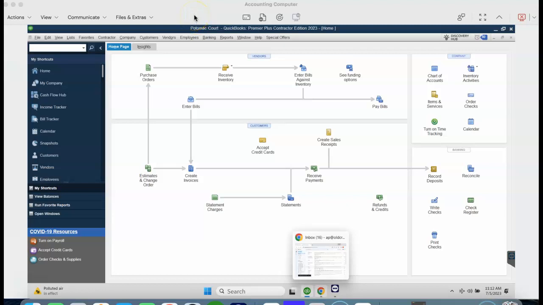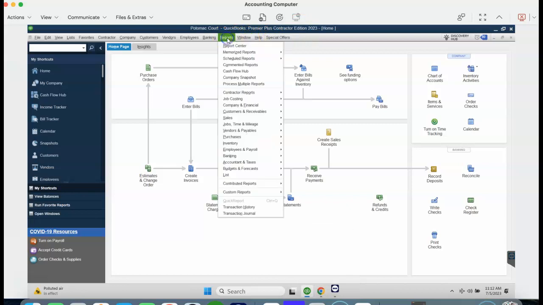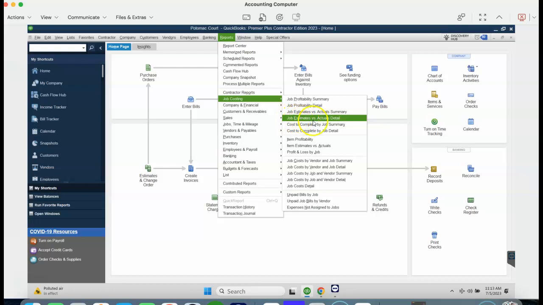All right, today we're going to go over how to input a budget into QuickBooks so that you can create job costing. I actually deleted this one because there was a mistake, so I want to do it over again and try to find out where the mistake is. But what's going to happen is if you go to your reports and job costing and then go to estimates